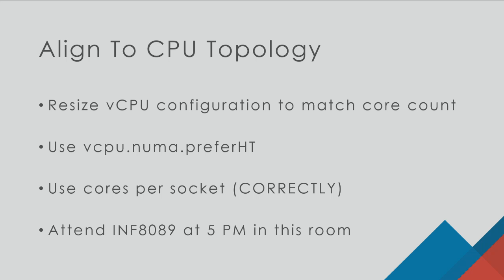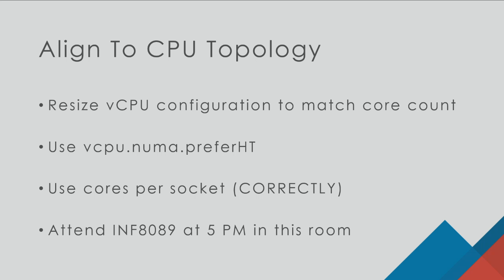So one other thing that you can look at is to use the advanced setting, vCPU NUMA prefer HT. That is a complicated name for count threads instead of cores. If you use that, I suggest you also look at cores per socket, but use it correctly. Align it with the physical topology of your CPU. After our session, one of the performance engineers, who is responsible for the CPU scheduler, is going to talk about this in detail. So if you can, stay,